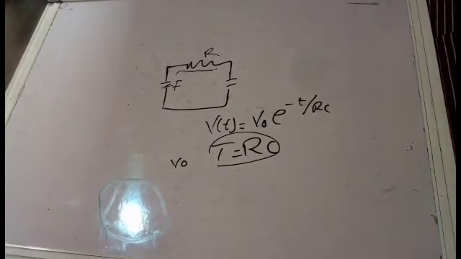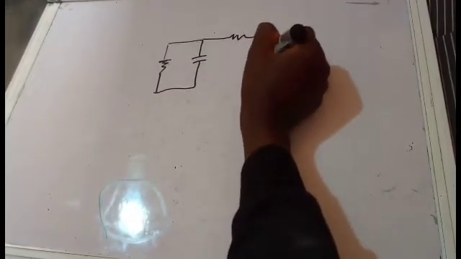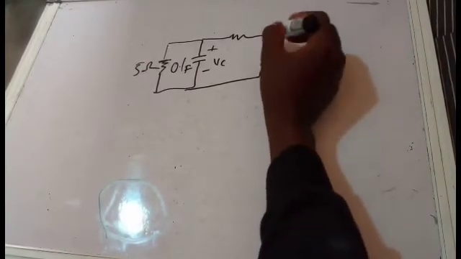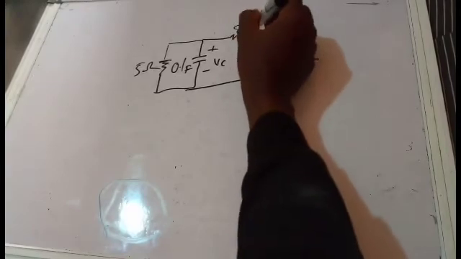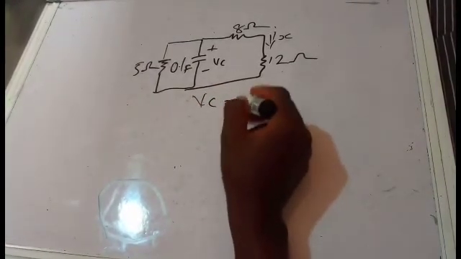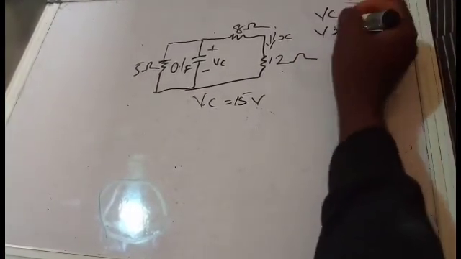So now, let us solve an example to buttress this point. Now let me draw a figure. So this is resistance. This is a capacitance. This is positive and this is 0.1 farad. This is 5 ohms. This is 12 ohms, and this is an Ix flowing down to this point, and this is 8 ohms. And now they said the VC, or the voltage across the capacitor, is equal to 15 volts. Our question is to find VC, Vx, and